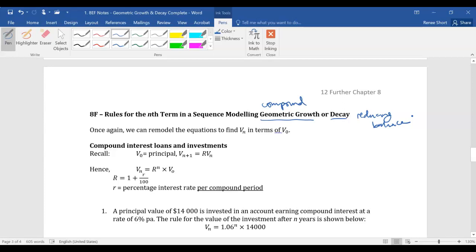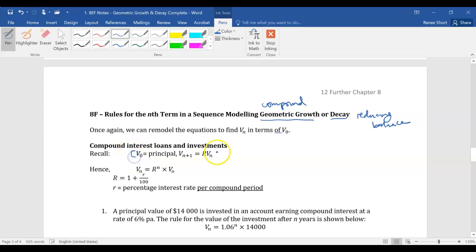Creating that rule for the nth term means we can substitute in n, so any value of the term. If I want to know the 112th iteration of the rule, I can substitute in 112 rather than calculating it 112 times. So previously, if we're looking at compound interest, we had this rule where V0 is the principal and